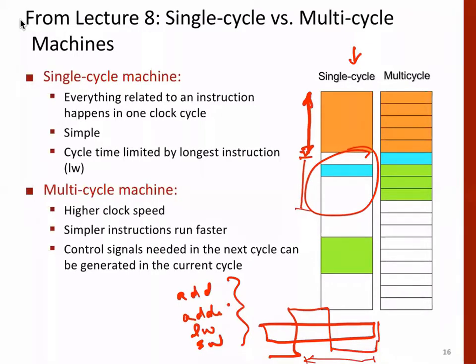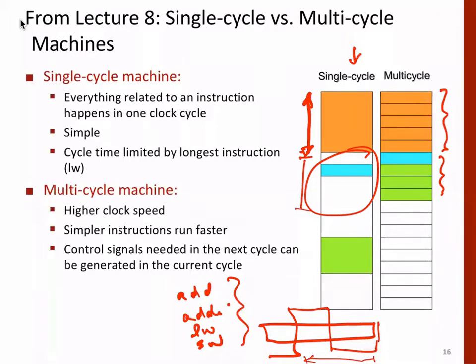Or we are not really running instructions at the maximum possible speed, right? So what we can do is, instead of having a long clock cycle, we can reduce the clock cycle and let an instruction take multiple clock cycles. In this way, overall we can finish a number of instructions much faster, because let's say, for example,